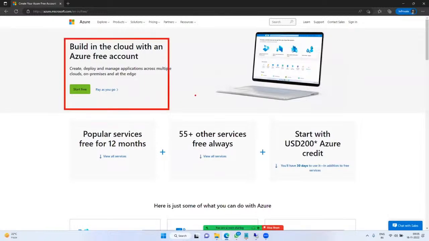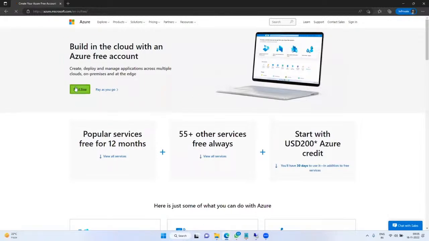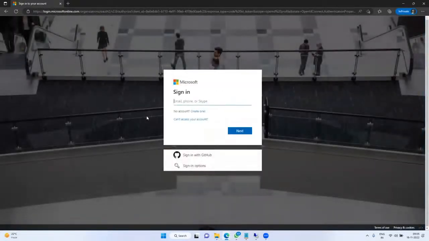To subscribe for the Azure Free Trial, just enter your details.